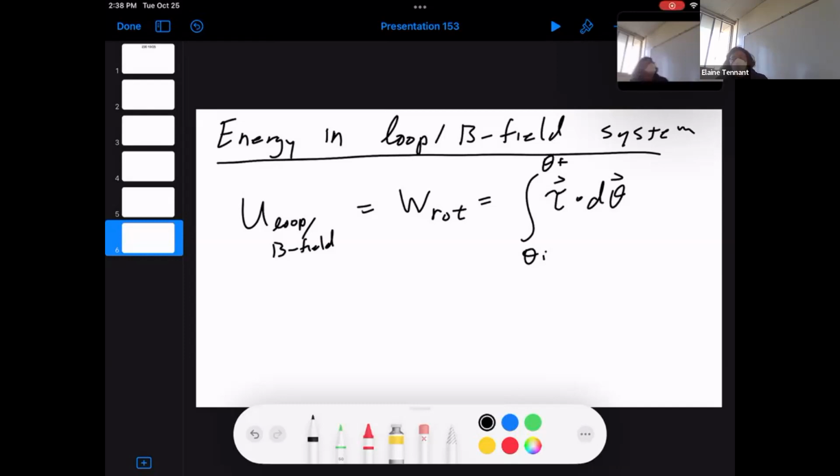Where if you want to calculate rotational work instead of force dot displacement, so something moving in a line, you say, okay, there's a rotational force and it's causing a rotational displacement. Where we are going to go ahead and start this at some angle, in particular 90 degrees,